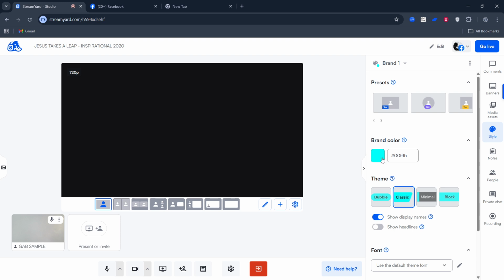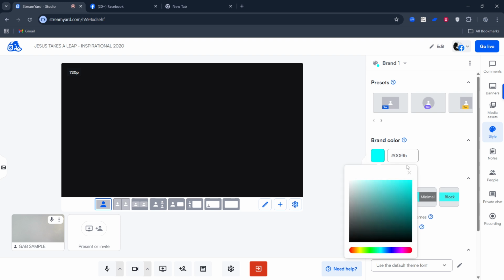Remember, the theme you click is automatically applied to your stream, and changes are reflected in real time. Take a moment to preview how your names, comments, banners, and any overlays or backgrounds work together. If something feels too busy or hard to read, simply switch themes or adjust your color and text choices until everything looks clean and consistent.